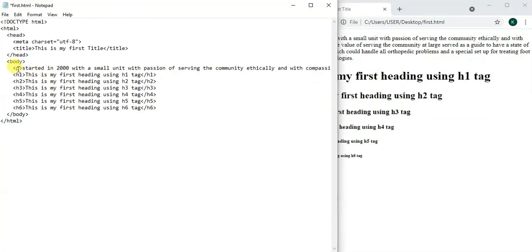So in this video we have learned the basic structure of HTML and how we can add content in the HTML page. I hope you will learn something from this